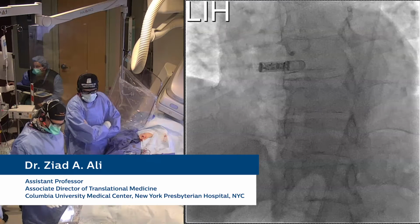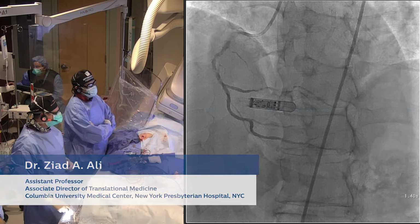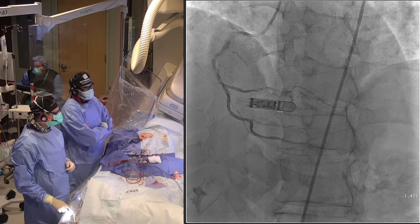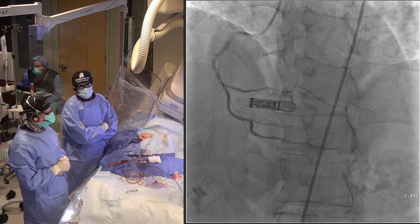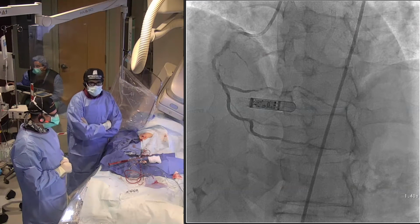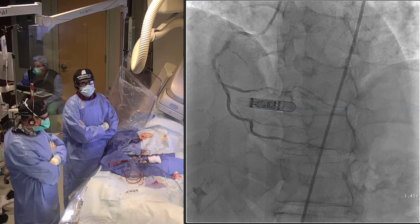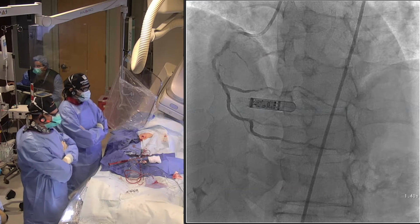If we can go through the films, he had a PCI of the circumflex and the LAD with a plan for a staged PCI of the right coronary artery prior to COVID-19. Subsequently he couldn't come back because of the executive order. We were able to manage him medically and his symptoms were somewhat stable. Unfortunately, over the last few weeks, he's developed progressive angina to the point at which, after my clinic appointment on Friday, he absolutely insisted that I put him on the next available cath list, and hence he's here with us